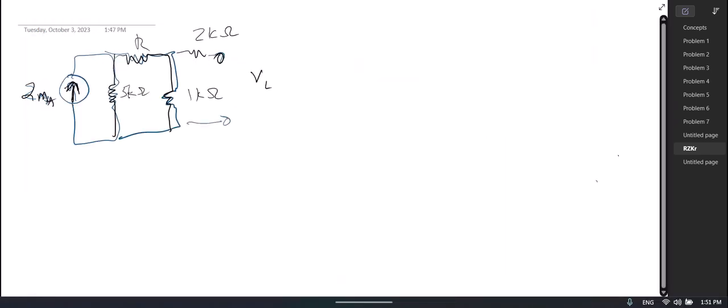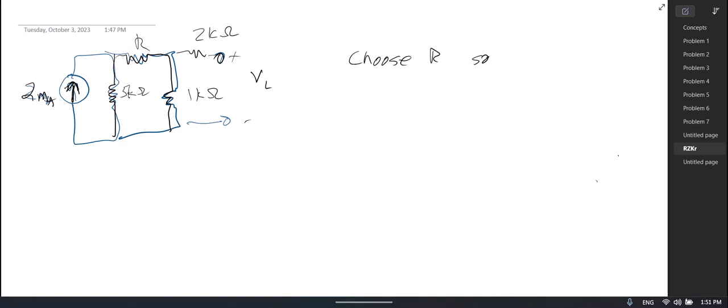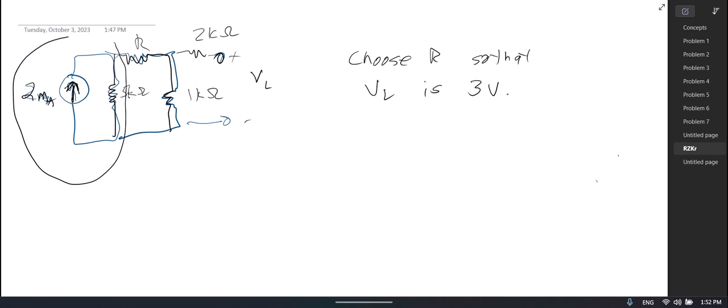We want V. It doesn't matter, I'll make that plus, that minus, and I want to choose R so that VL is 3 volts. Chances are, since I just made this up, I did something that's impossible, but let's try it and see. Okay, so I am first going to do a source transformation on this current source and resistor, because